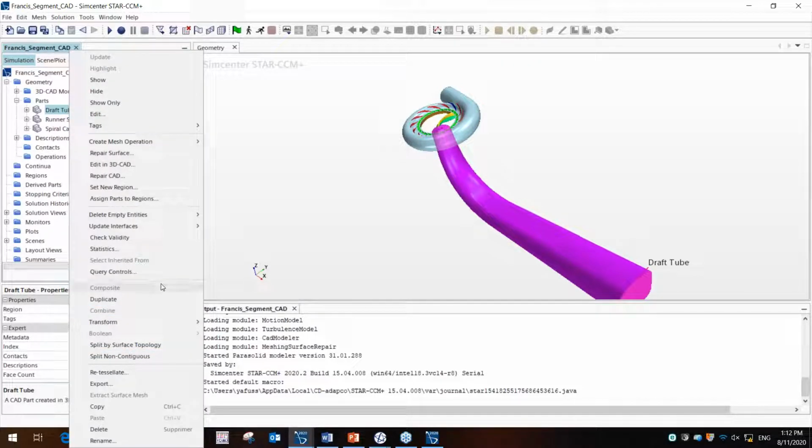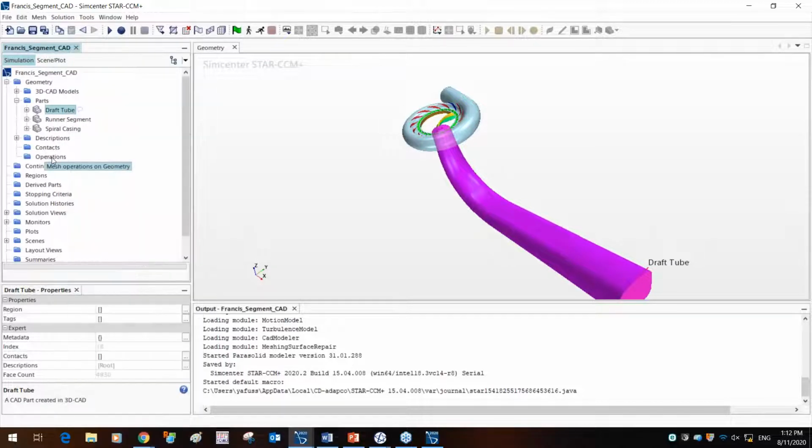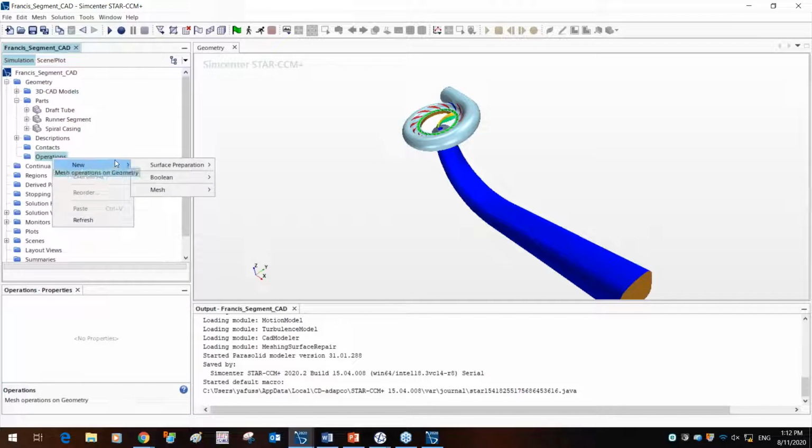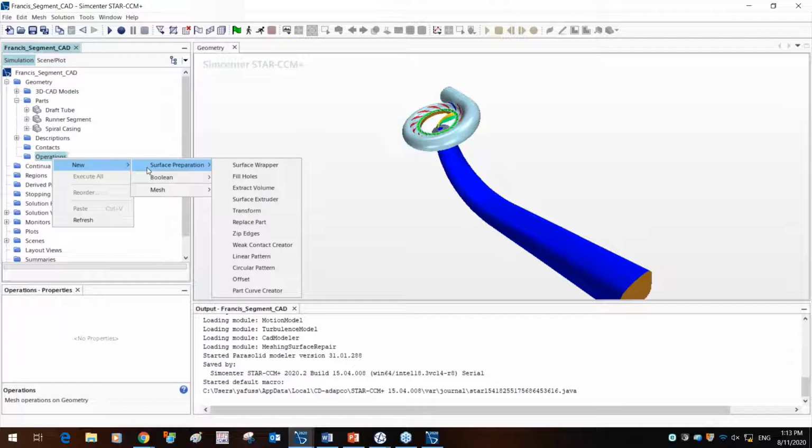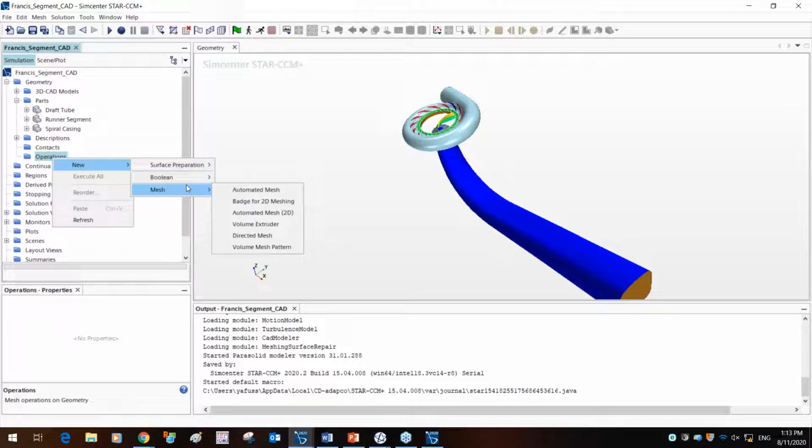Once I do replace that given part, all the changes that I've made to this given part, for example, will be associative. So let's say, for example, an operation you can do is in terms of filling holes, the surface wrapper, or extract a given volume. But you can also do unite, extract, imprint, and bounded shape. But the same operations move to the meshing process as well, and I'll explain the logic as to why mesh is part of these operations as well.